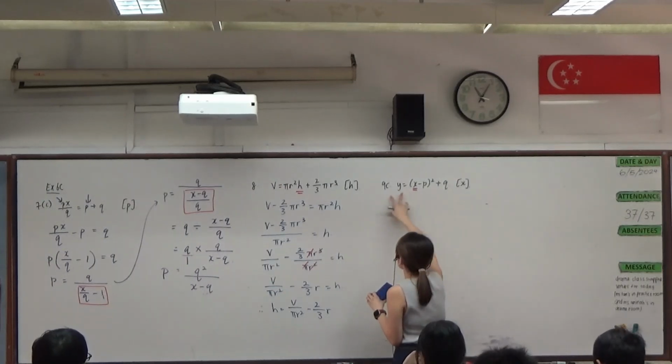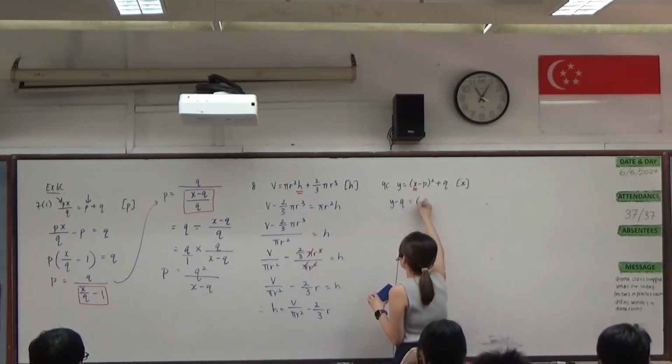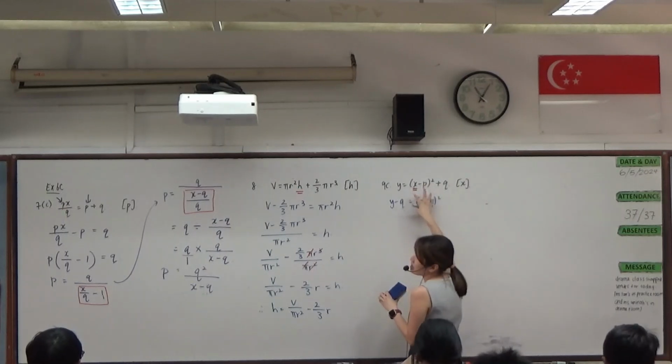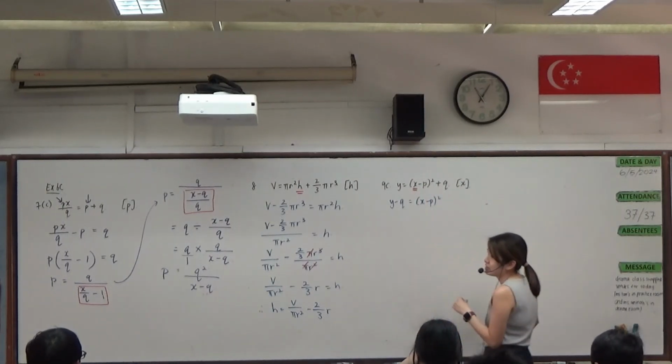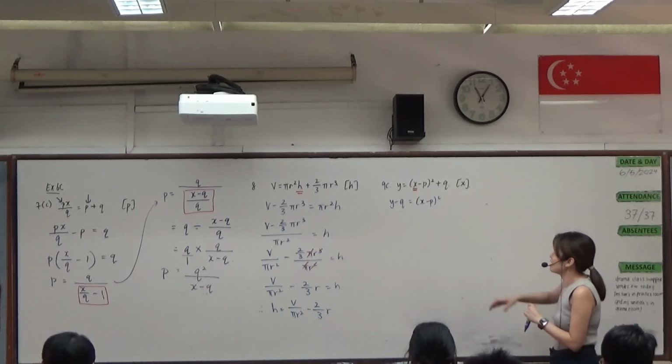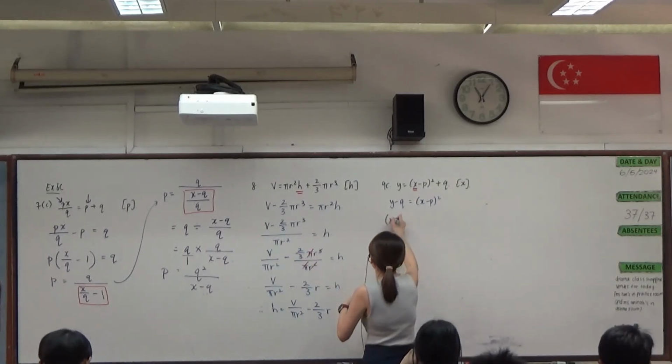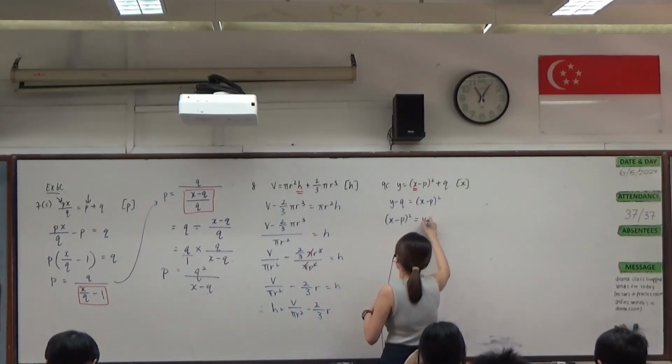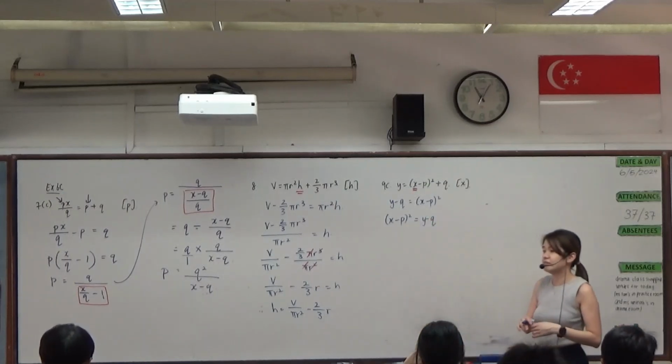Okay, actually you just move the q over. We maintain this to be positive as much as we can. Okay. So yeah, then this as well as whatever you were saying, which is x minus p squared equals y minus 4. Then